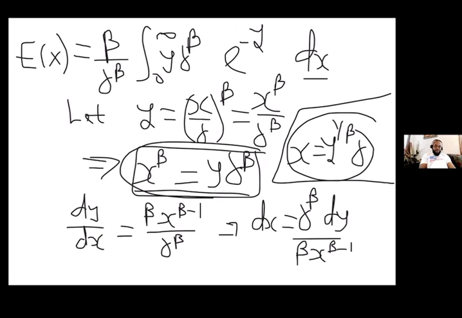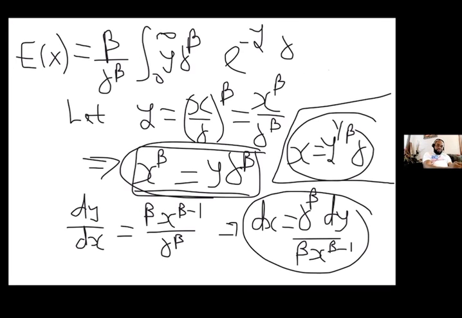Okay, and what is going to be ds? Oh my god, ds is actually right here, right? Okay, so I'm going to write theta raised to power beta dy, divided by beta x raised to power beta minus 1. Now, I'm going to plug in, I already know my x.